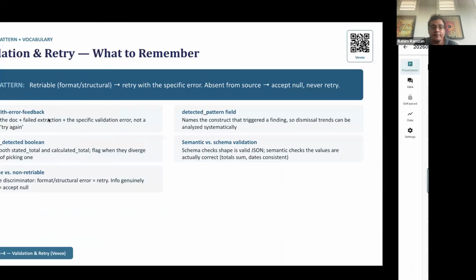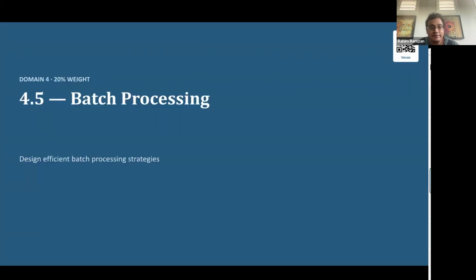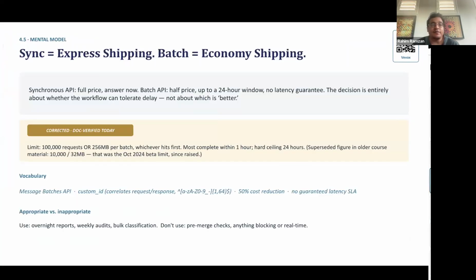batch processing. Okay, this one's an easy one to grasp. So there are two different workflows, different APIs, right? So we have the synchronous API, which is real time, right? Like when you hit that enter button, fire off a question, Claude is coming back, sending you a response as fast as it can. Batch API is I'm going to send you a message and get back to me in under